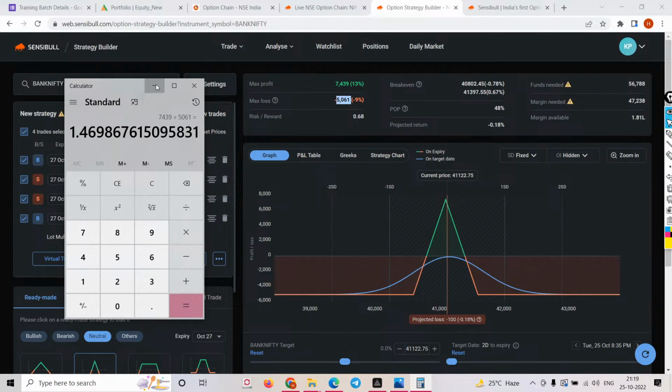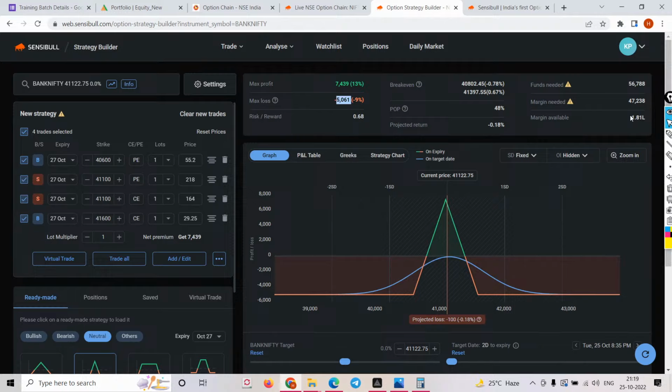All right, and this is very important, right? This will show your margin available. I'm sharing all of this because this is my smaller account. Basically, whatever experiments I want to do, I'll be doing in my smaller account. Starting from tomorrow or from Monday, I'm coming up with my bigger account capital, so I'll try to show the trades from my bigger account as well, right?